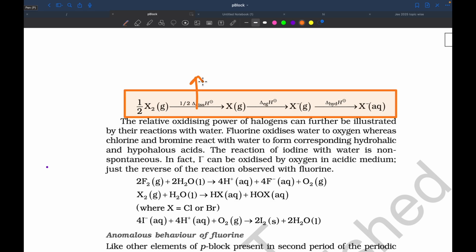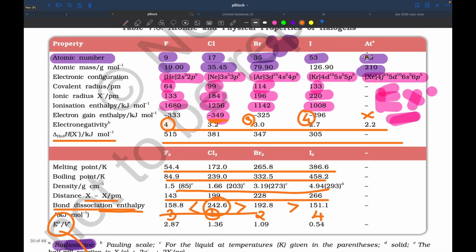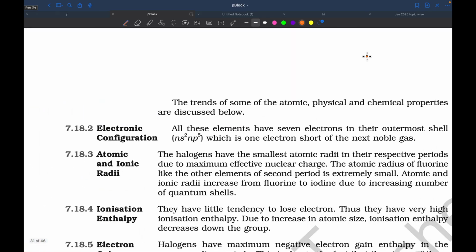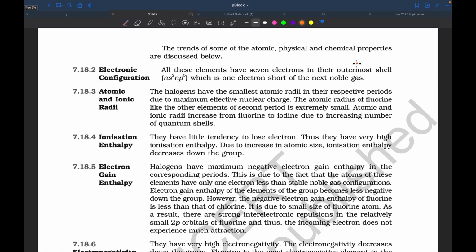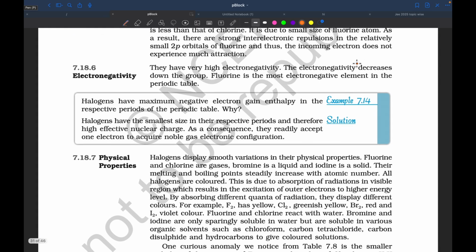First one is bond dissociation energy. Second one is electron gain enthalpy, third one is hydration enthalpy. So on adding these three, which one gets the most? The most value is attributed to its standard electrode potential. So fluorine has the highest standard electrode potential here, right? So regular properties are given. The trends of some atomic, physical, and chemical properties are discussed. All these things we have already discussed. Electronegativity you have to remember,